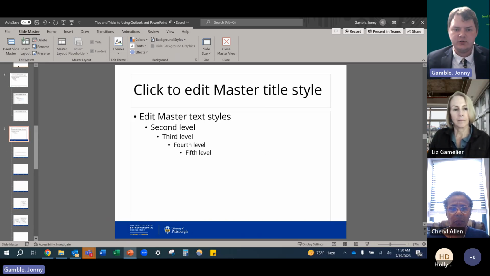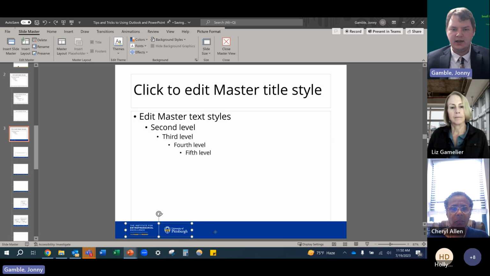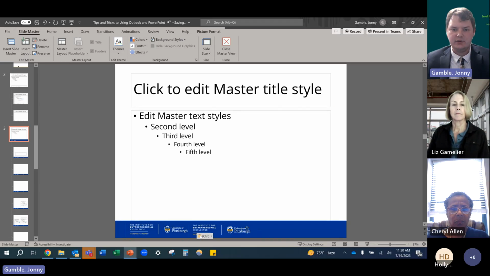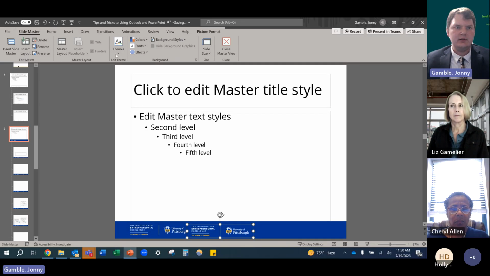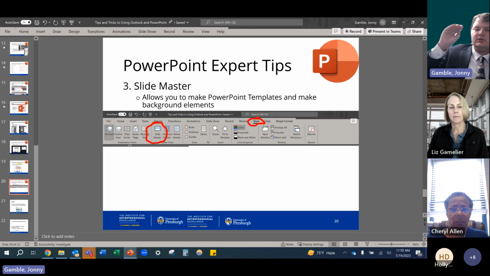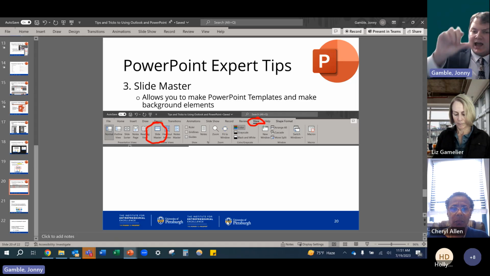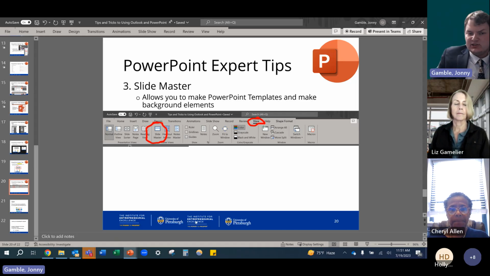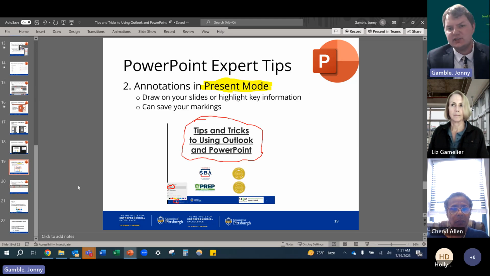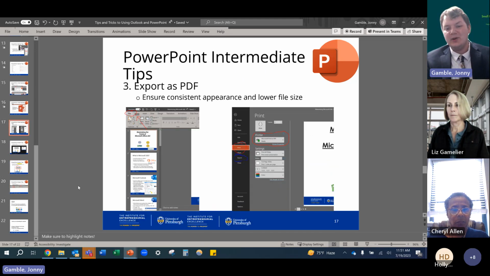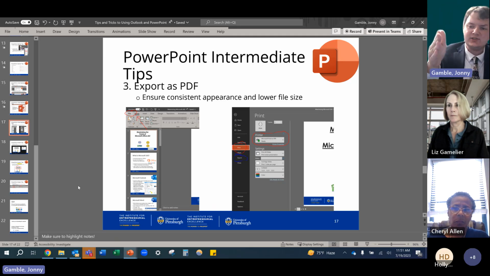So if I go up to the full top, I can now delete that logo, or I can add a second Pitt logo. I can put one right next to it then. So, and then if I save that slide master and exit the master view, what happens when I come back is, since I've updated the master, I've now updated all of the different slides I have that use that master format then. So when I added that second logo, it added a second logo to this slide. It added a second logo to that slide. I mean, you can't see it there, but what it does is it goes through and edits the template of the entire document then.